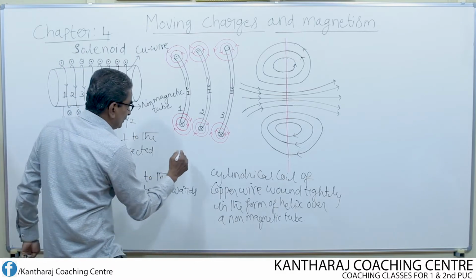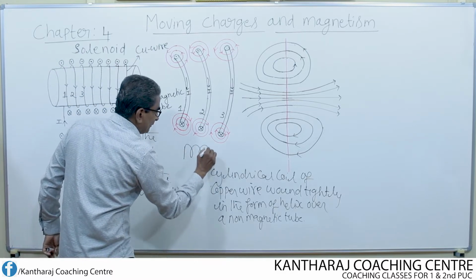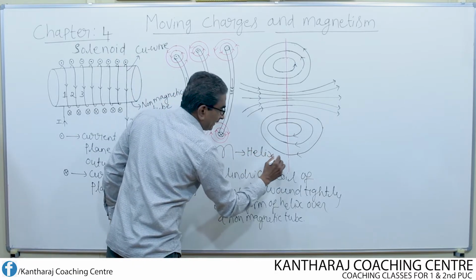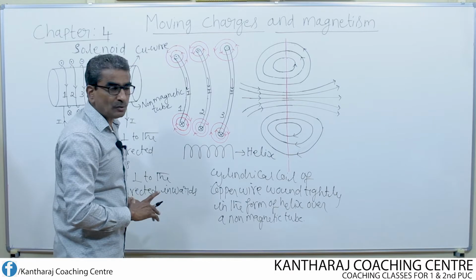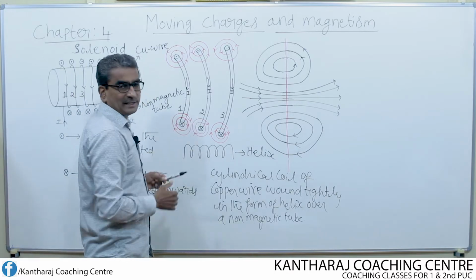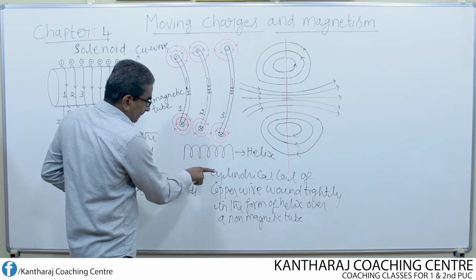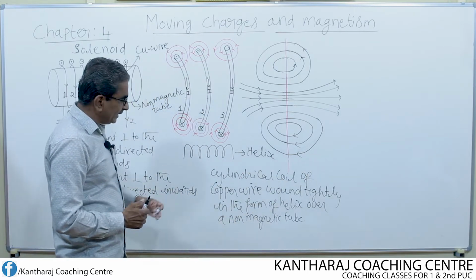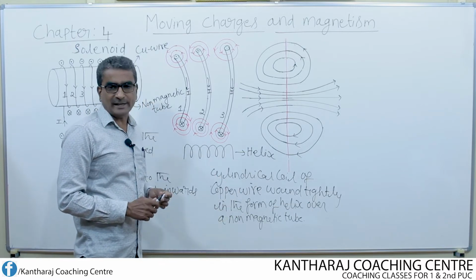Helix means what? Look here. It will be of this shape. This is nothing but a helix, a spring-like structure. So that is how the coil of copper wire appears to be on the non-magnetic tube. So solenoid is nothing but a cylindrical coil of copper wire wound tightly in the form of a helix over a non-magnetic